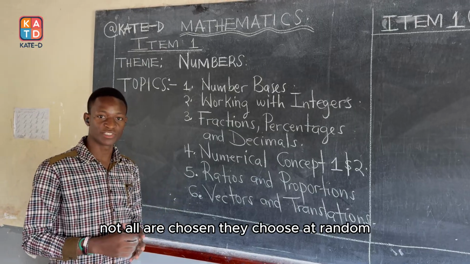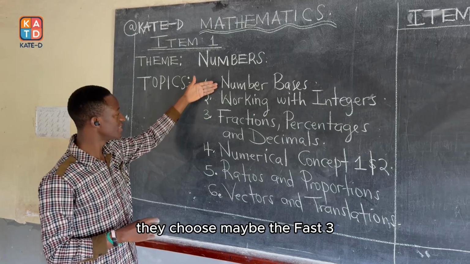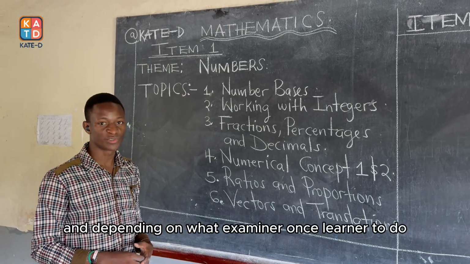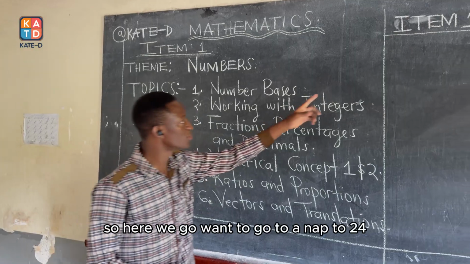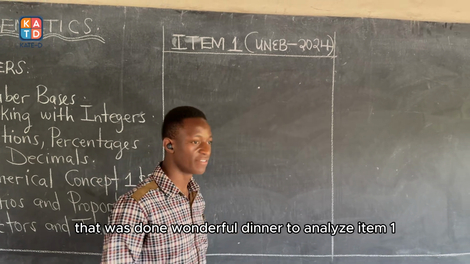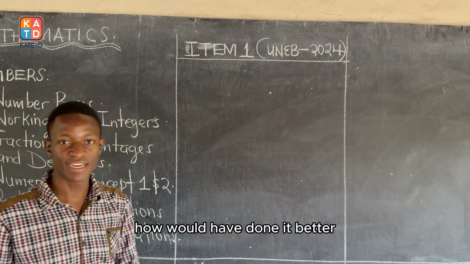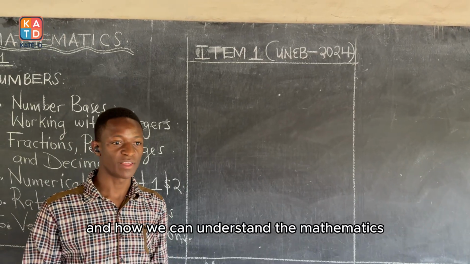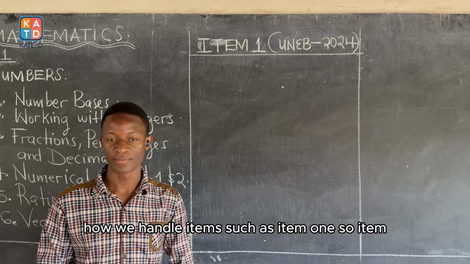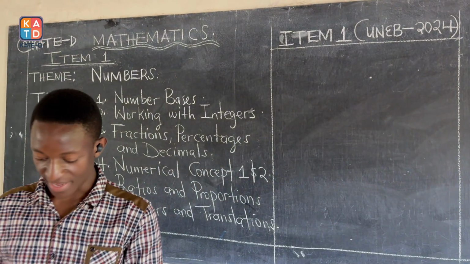Not all are chosen. They choose at random. They choose maybe the first 3, any, depending on what the examiner wants the learner to do. So here we want to go to the UNEB 2024 paper that was done on Monday 14th to analyze item 1, how we would have done it better, and how we can understand the mathematics of how we handle items such as item 1. So, item 1,